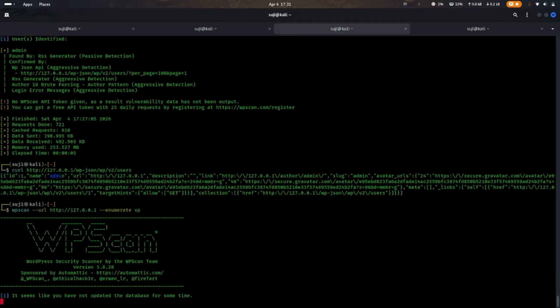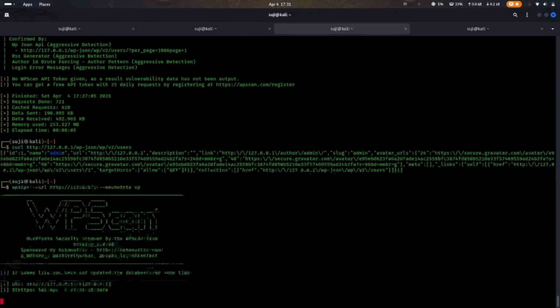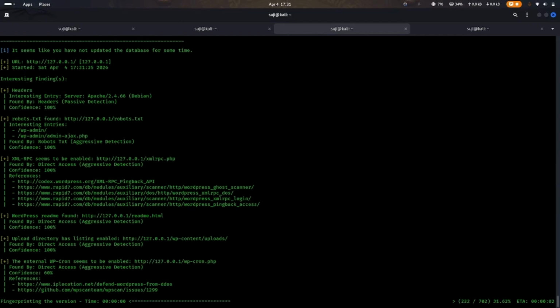So before that, we will enumerate the users, like admin. Here we are extracting valid usernames for the application, because this is important for the attacker to record the username. If we already know the username, we only need to guess the password. If we do not know the username, we enumerate the users, then we move to the password attack. Because it is still running this command, I will